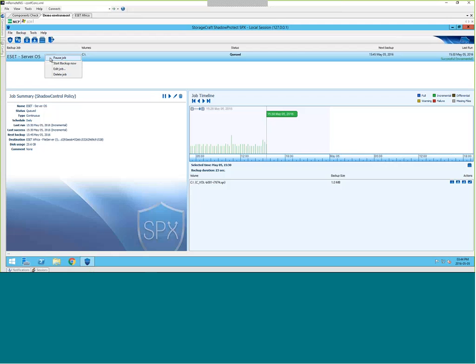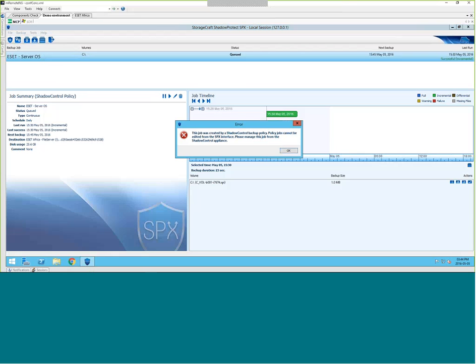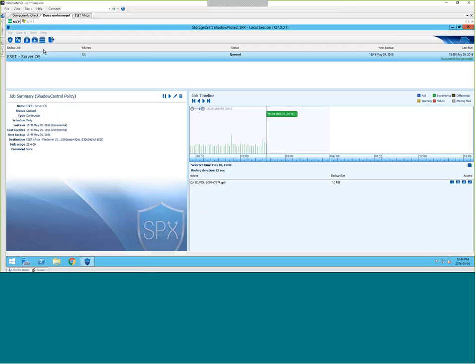So I can take this backup image, I can try and edit it, I can try and delete it, I can do whatever I want, but I can't actually tamper with this backup because it has been implemented through shadow control, and that's where you need to manage it. So this will ensure that even if the users are, say, local administrators, that they can't tamper with those backup images.